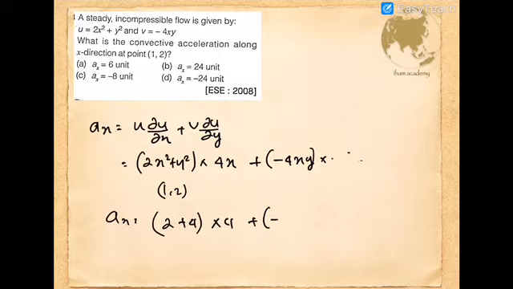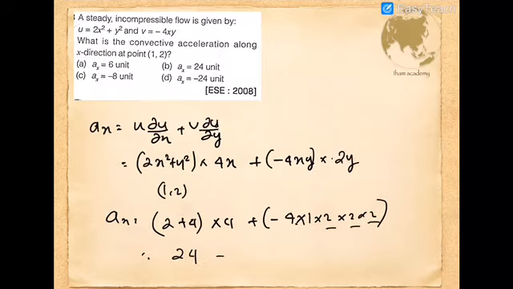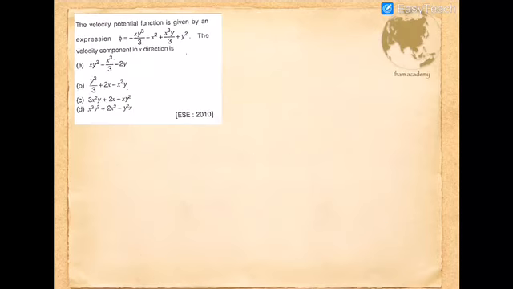So, a correction: the derivative of u, ∂u/∂y, we have to take. So ∂u/∂y is nothing but 2y. Substituting minus 4 into 1 into 2 into 2 into 2 value. So this is going to be 624. So minus 2 into 4 into 8, 8 into 4, 32. So the answer is going to be minus 8 units. So option C is going to be the correct answer.